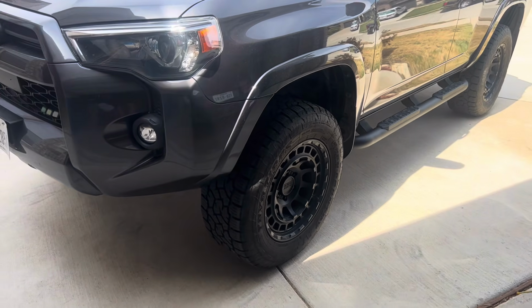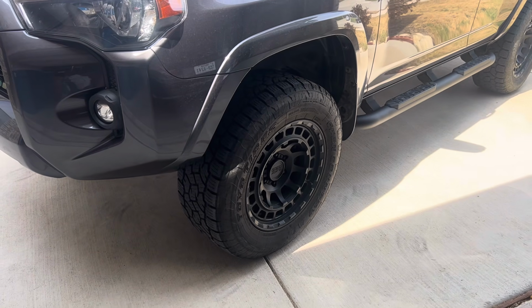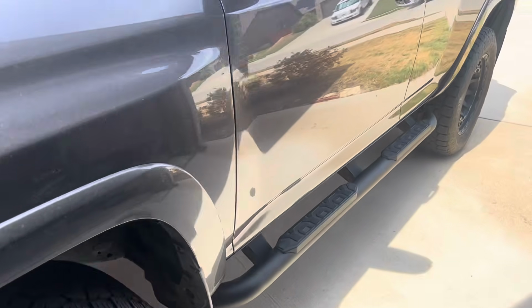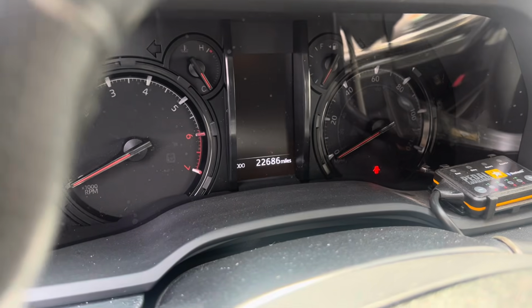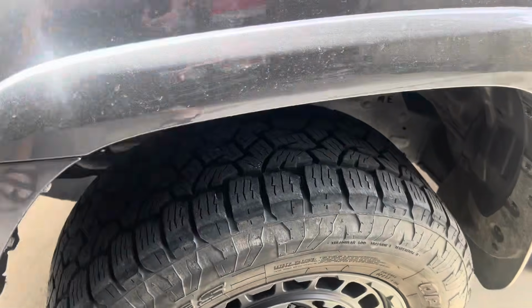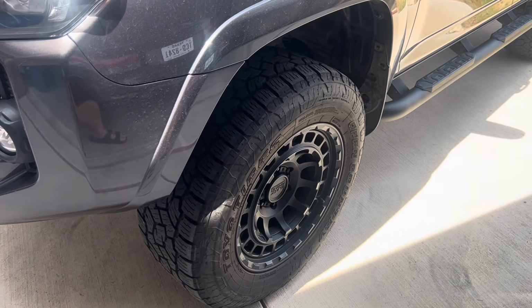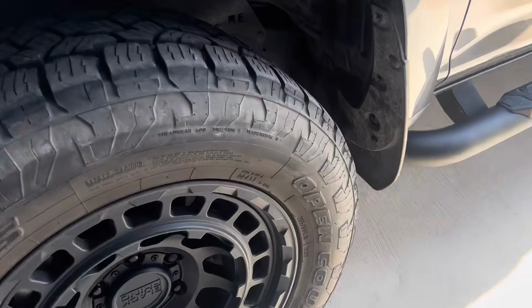This is the 20K review of the Toyo Open Country AT3s. And like I said, 20K, so I'll show you the dash right now. So 22,686, so actually probably closer to 22,000 on these tires because I put them on about 500 miles into owning the 4Runner. So for reference, these tires are